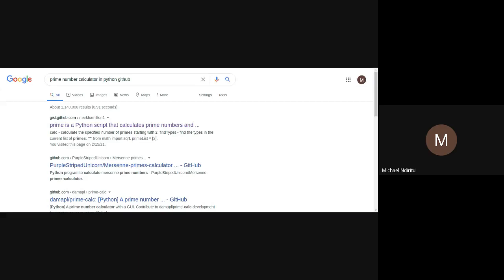Anybody else stuck before we go to the next step? Still stuck. Is it possible to share my screen for a second? Oh, okay, you can show. Let me stop presenting mine. Does he have permission to share his screen? Yes, he can share his screen.